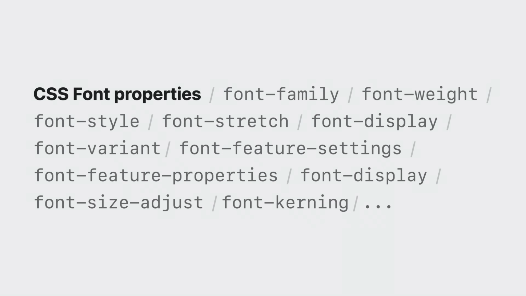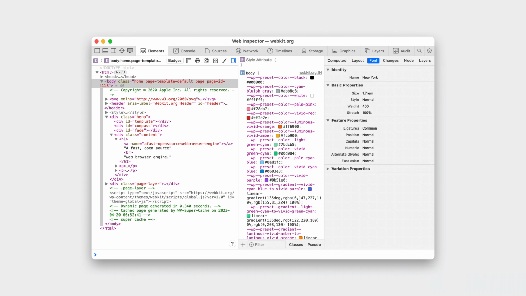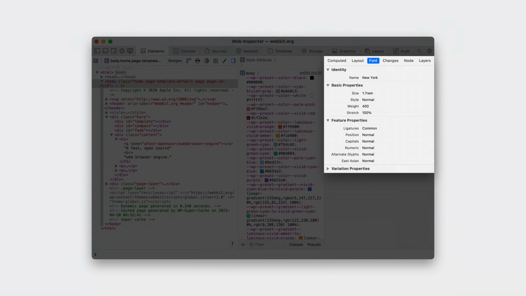Then, there are many CSS properties that influence the way a font renders on screen. And most of them are inheritable through the cascade, sometimes leading to confusion, like which font face was actually used, or why is this bold, or is this style really italic? Web Inspector can help with a host of typography inspection tools. You can find them in the Details sidebar of the Elements tab in the Font panel.